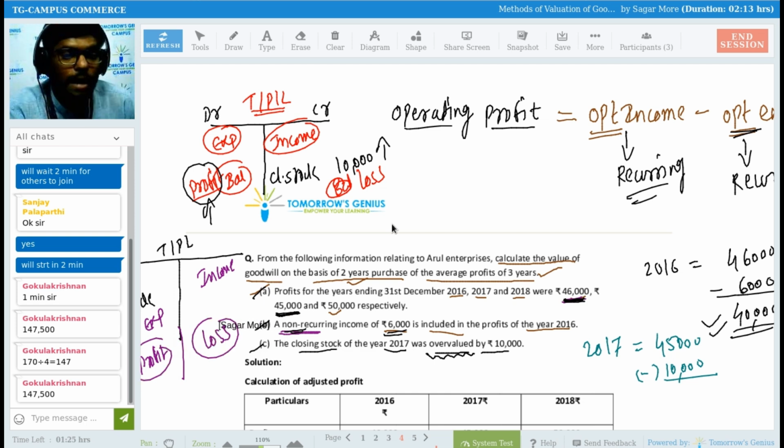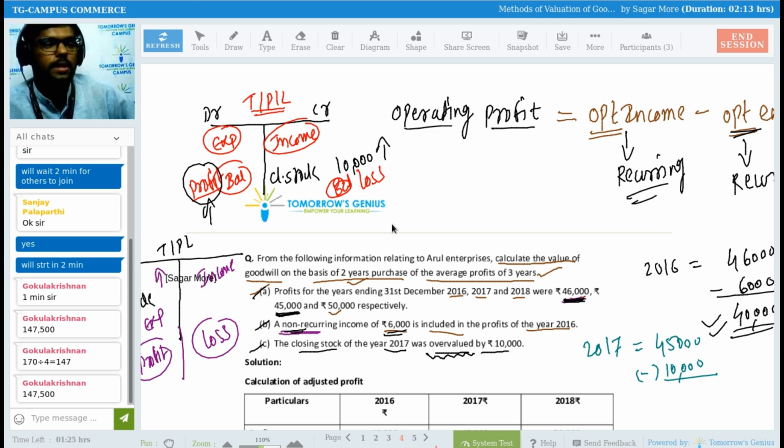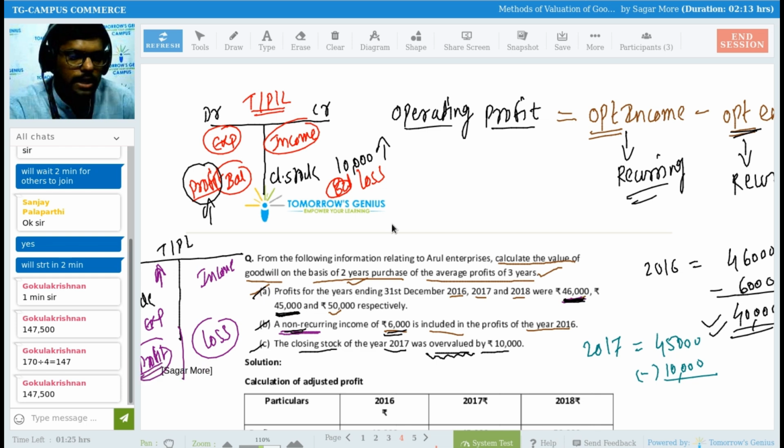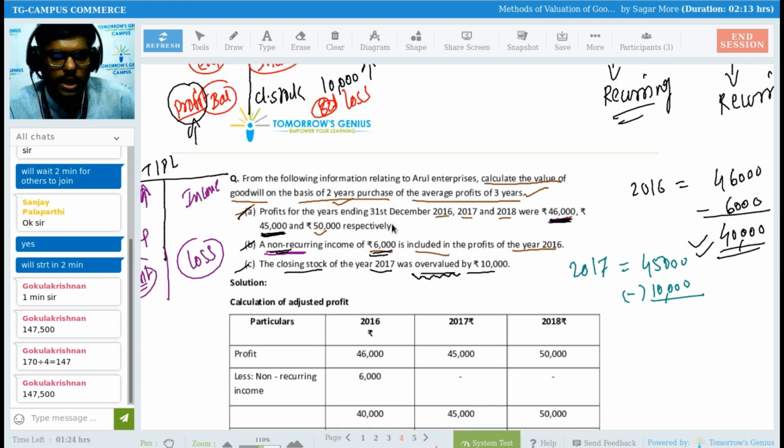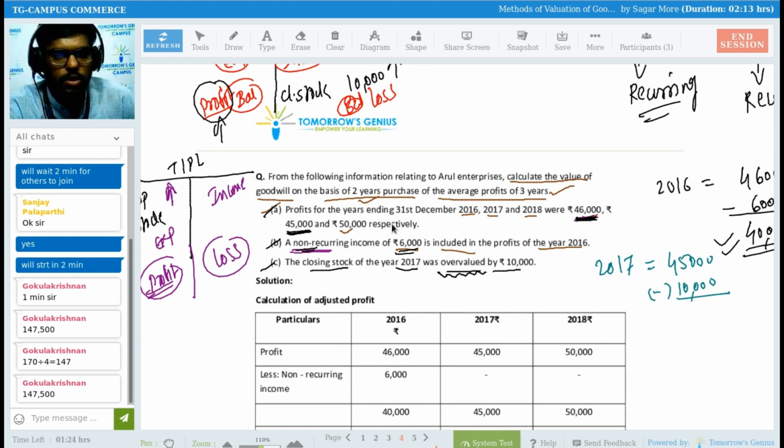So it means you have recorded your expenses more by 10,000, sir. It means that will be having impact on your profit. Your profit is less by 10,000 now. You have recorded your opening stock more by rupees 10,000, so your profit is incorrect, sir. So what do I need to do to correct my profit of 2018? I have to add something. Yes, absolutely right. I need to add that.